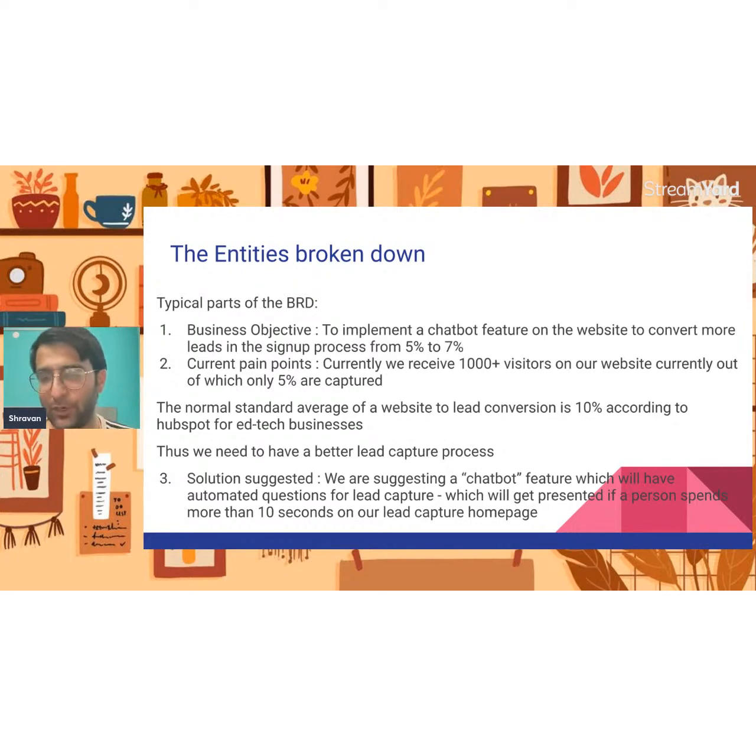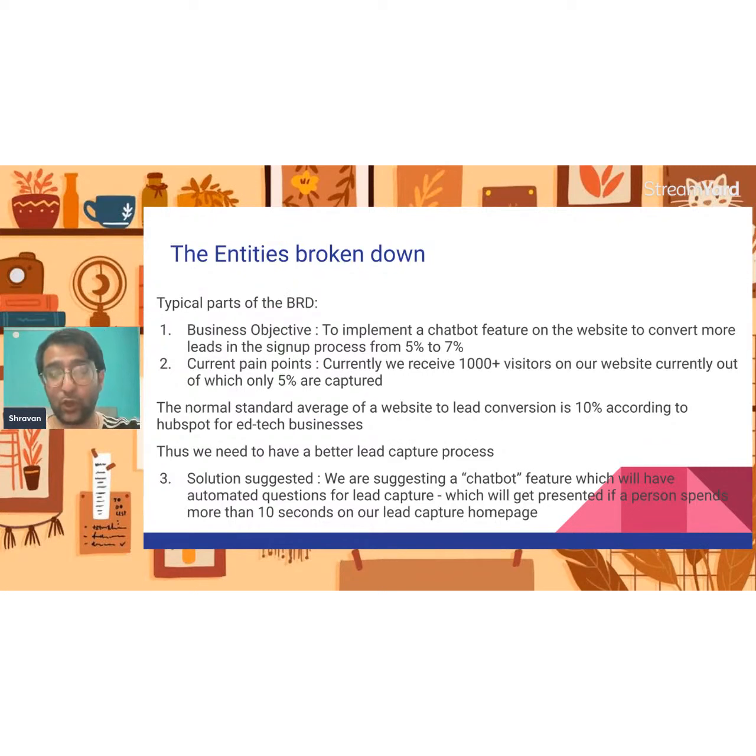Tushant is asking, should the second point be the responsibility of the measure to measure the existing metrics? And the second point is a suggestion by the business. A product might implement it, might not implement it, but product understands that the core goal is to improve the paid conversion. Whether I have to accept the business's suggestion or not, that's a secondary question. I can do it in some other way, right? But I need to understand the